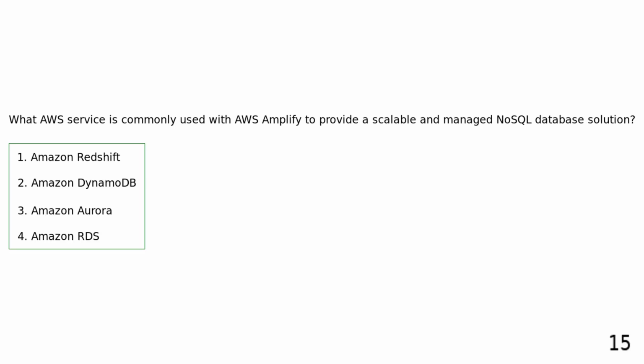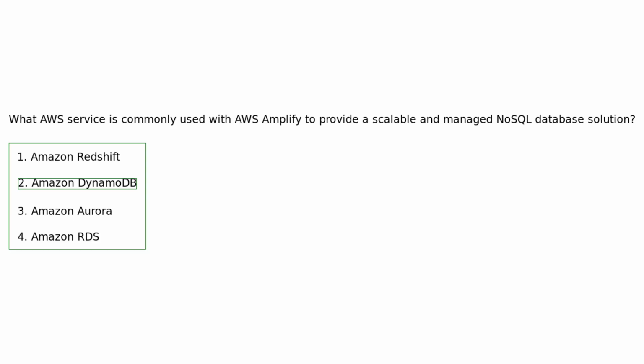What AWS service is commonly used with AWS Amplify to provide a scalable and managed NoSQL database solution? Amazon Redshift. Amazon DynamoDB. Amazon Aurora. Amazon RDS. Amazon DynamoDB is often integrated with AWS Amplify to provide a scalable and fully managed NoSQL database solution for backend